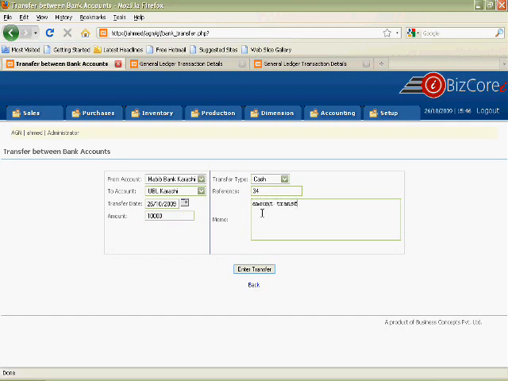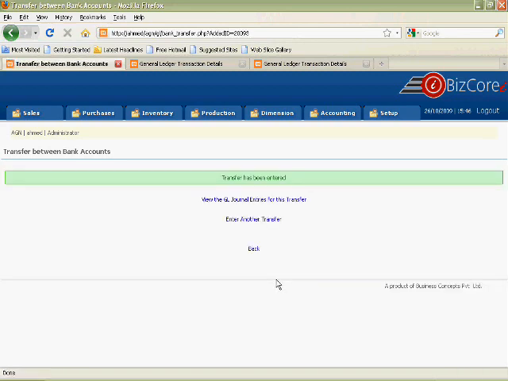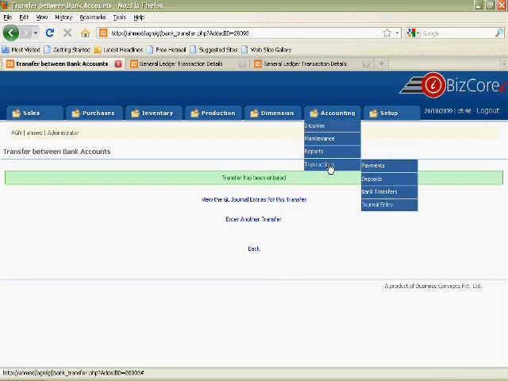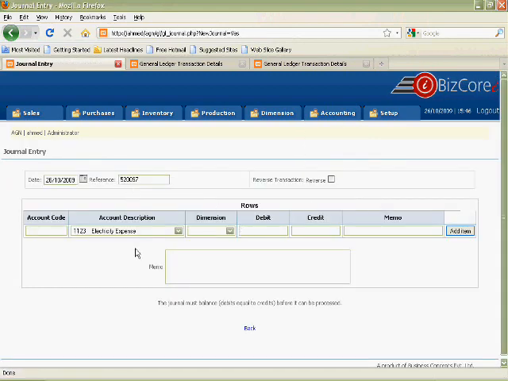Similarly, journal entries, these are the two-way entries. For example, we are paying an electricity bill of 100 rupees 1000. If it is a reverse entry, for example, you had done any transaction by chance and that was a wrong transaction, you can make it a reverse transaction by clicking this option. Electricity expenses of October 2009. Add it,